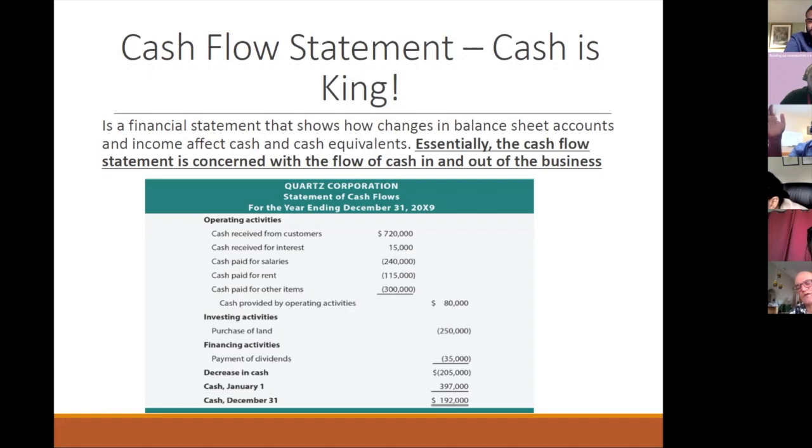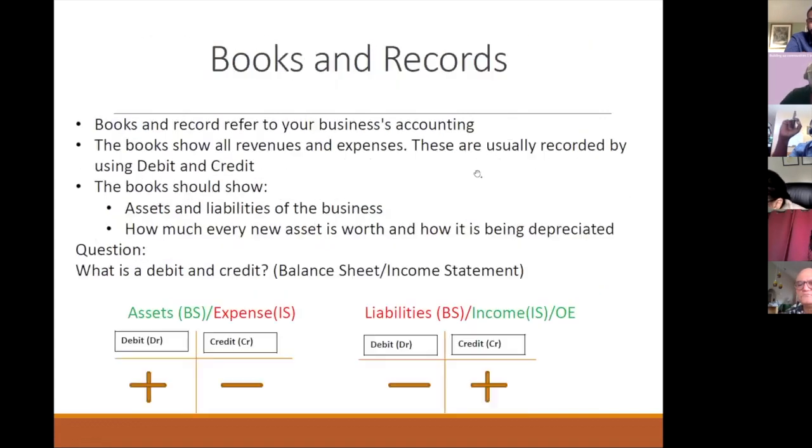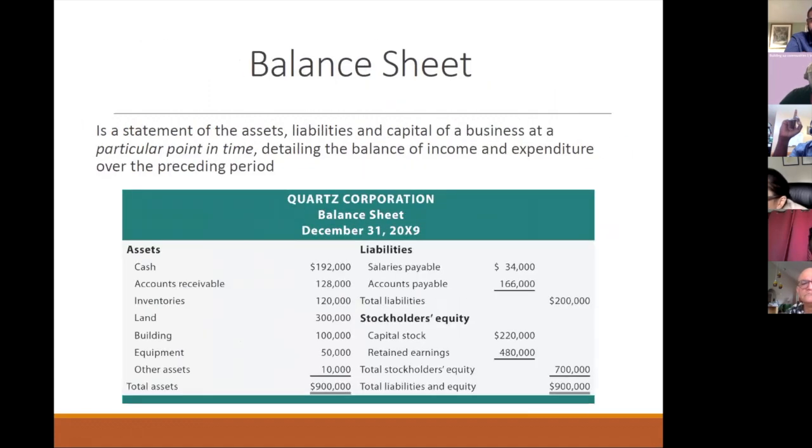Look at cash as of December 31st. What is that balance, right? That balance is basically $192,000. John, let's go to the balance sheet for a second. You see $192,000, right? So your cash flow's ending balance as of December 31st should tie into your cash balance that is over here, right?